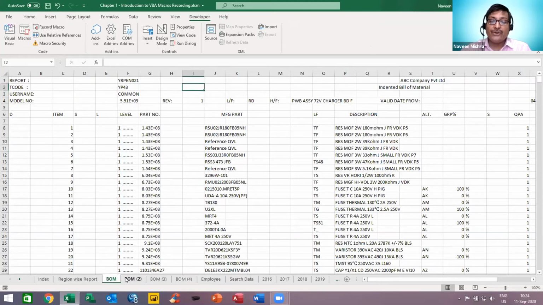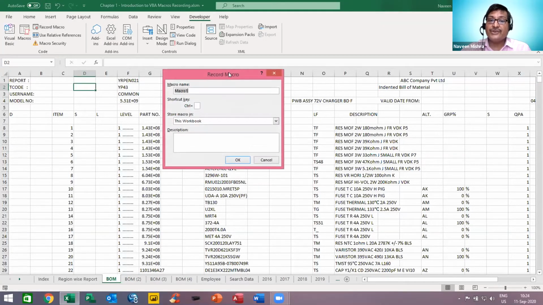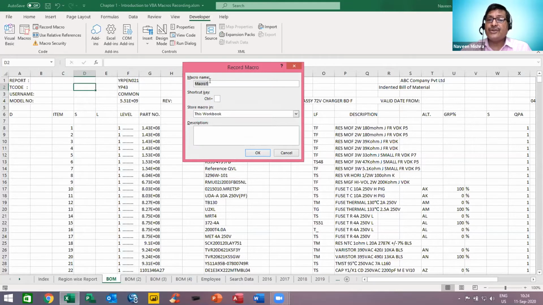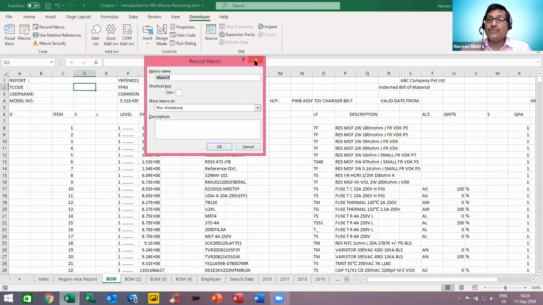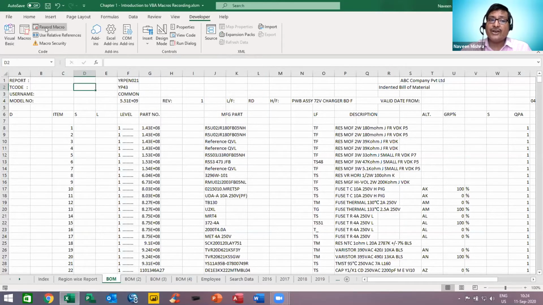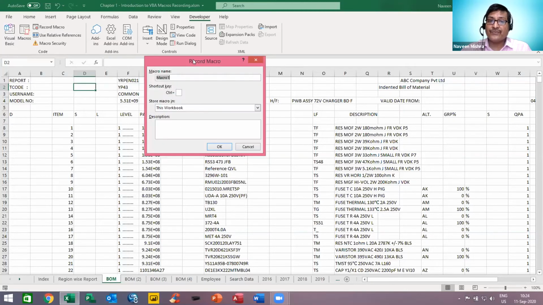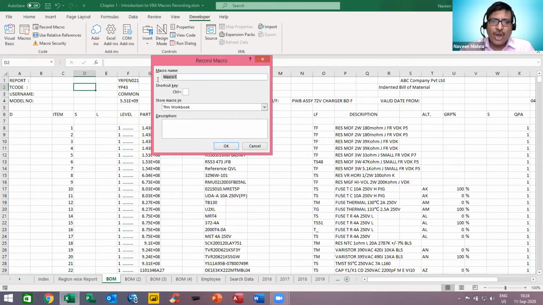Now I want to record this macro on the first worksheet, right? So I will click on the developer, then click on the record macros. In the record macros, this is your dialog box. So how I got this dialog box? I click on the record macros. Here we can type name of the macro. So the first option is macro name. We can just use backspace and we can type macro name. Remember one thing.